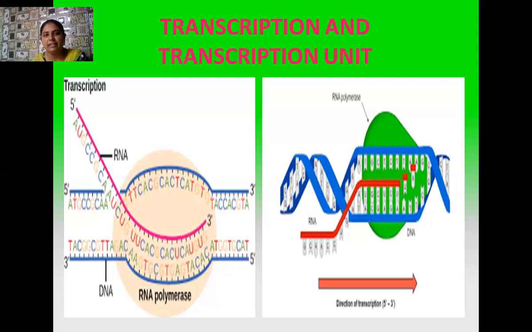So this coding strand is used for the purpose of giving reference of promoter region, terminator region as well as structural gene. So this is the RNA polymerase enzyme, and how this RNA polymerase enzyme works for the synthesis of messenger RNA, that I will tell you in a few minutes.